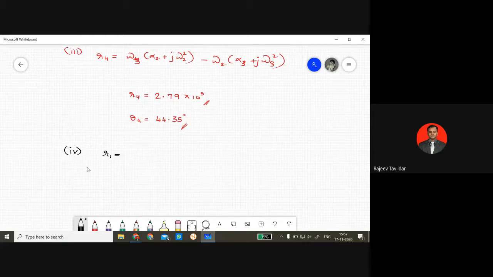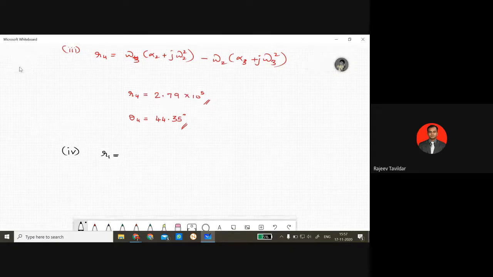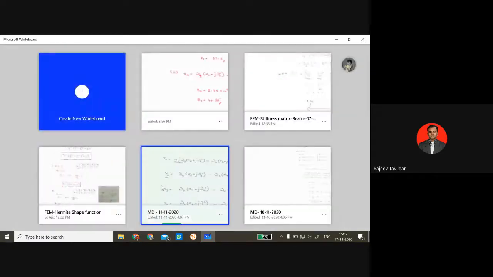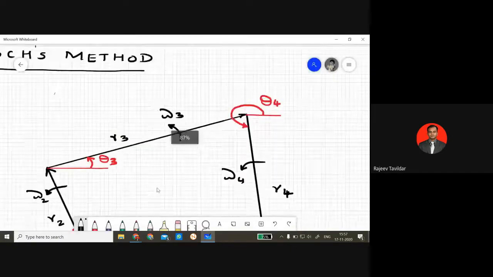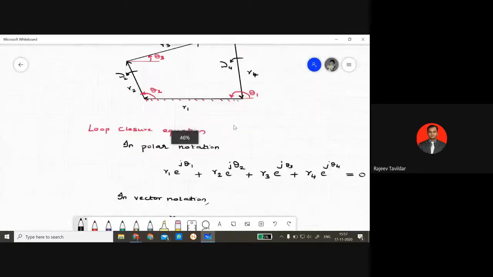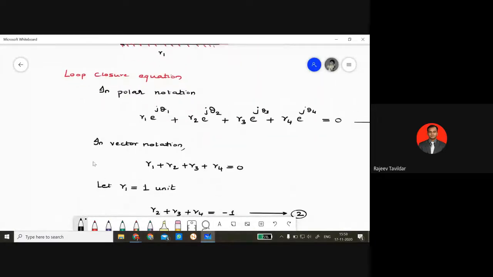And to get the value of R1, as you had asked me before, whether these values are true only if R1 is equal to 1 unit. That is what we had taken in the derivation. We'll just see the derivation part. Let me go back to the previous class. Okay, so if all of you can see here.